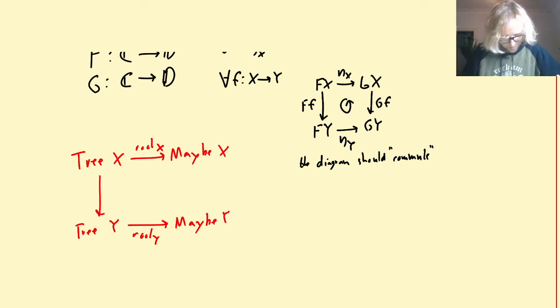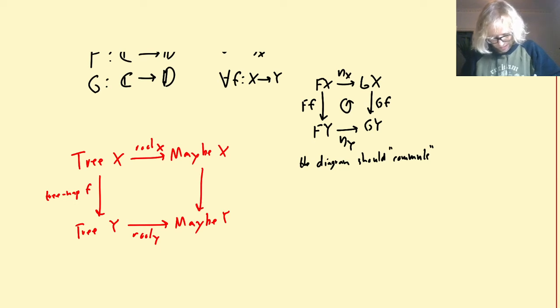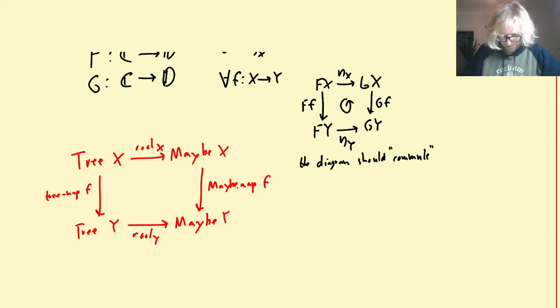And here we have the tree map function applied to some f from x to y. And here we have the maybe map function which sends nothing to nothing and just to just, right? So